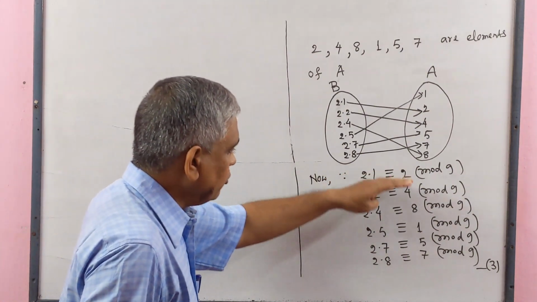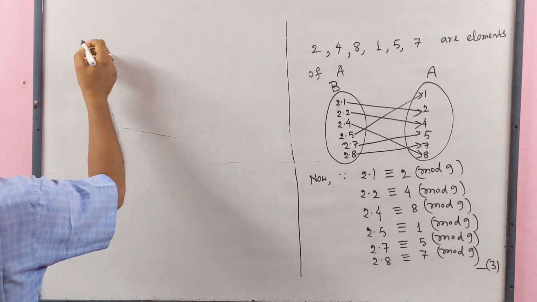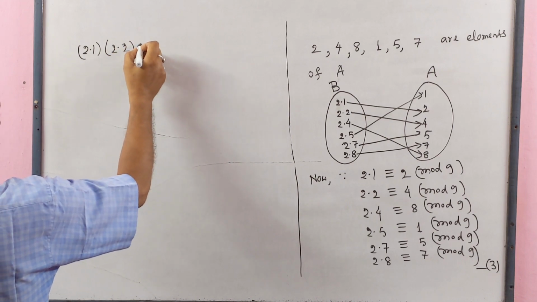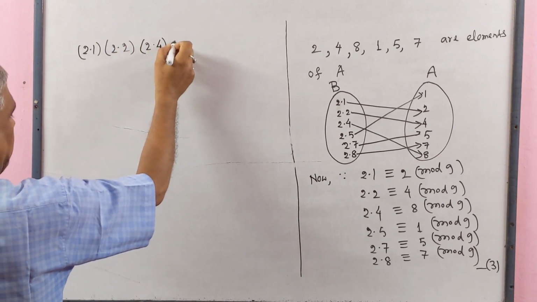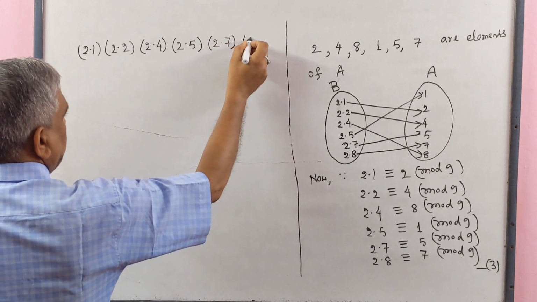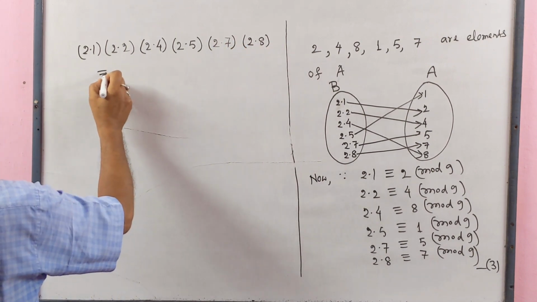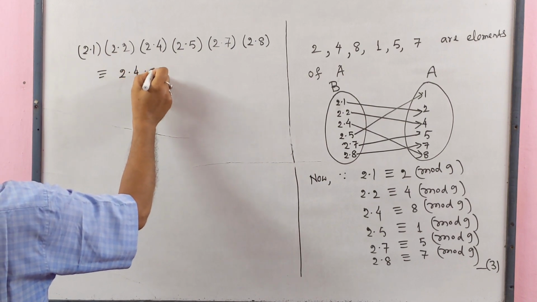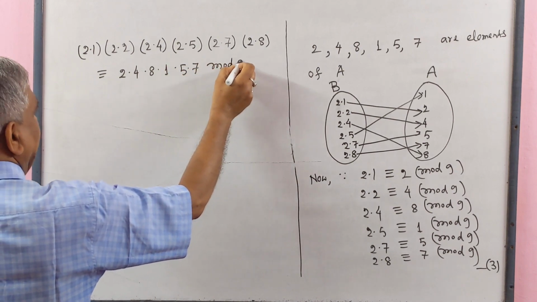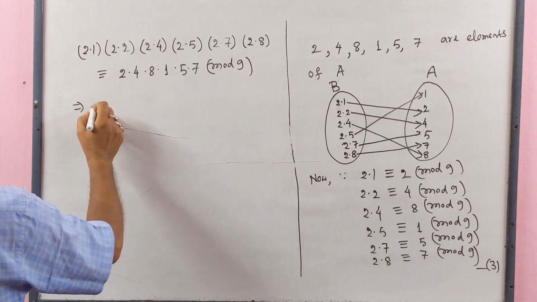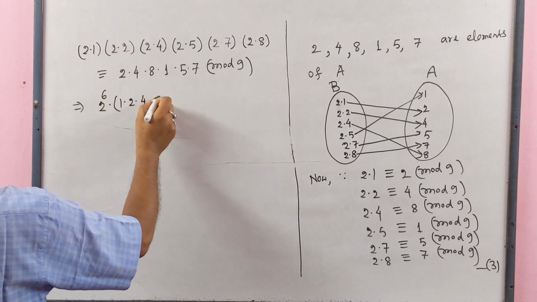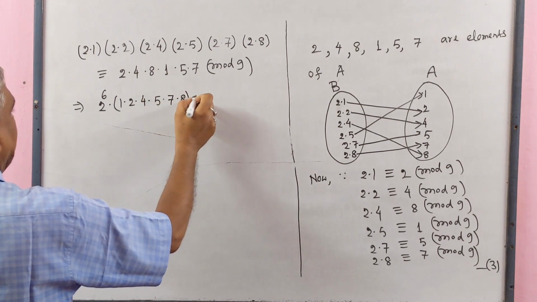Multiplying the congruences of 3, we get 2 multiply 1, 2 multiply 2, 2 multiply 4, 2 multiply 5, 2 multiply 7, 2 multiply 8 congruent to 2 multiply 4 multiply 8 multiply 1 multiply 5 multiply 7 modulo 9, which implies that 2 to the power 6 multiply 1 multiply 2 multiply 4 multiply 5 multiply 7 multiply 8 congruent